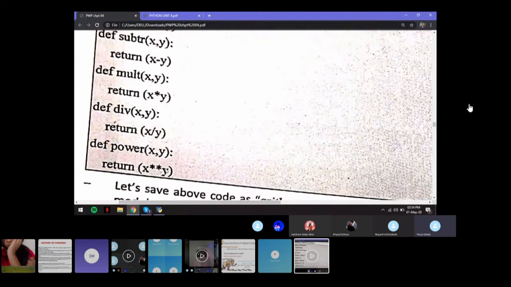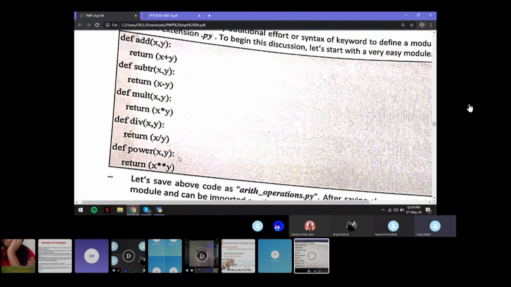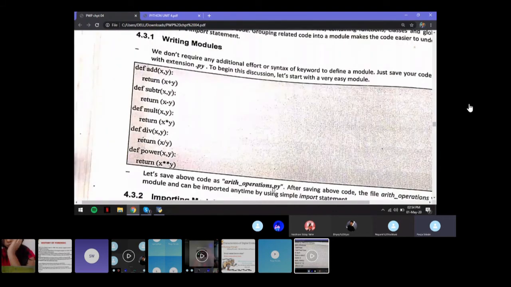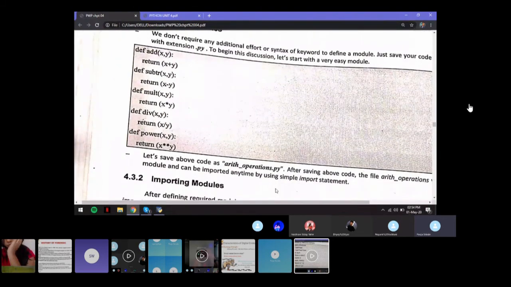Double star is what? Raised to, right? So if you've created this program in some Python file, you will save it into a file called arithmetic_operations.py.